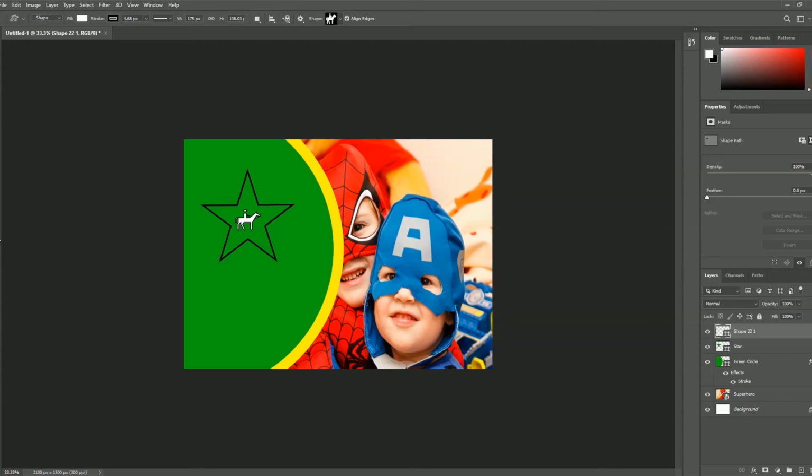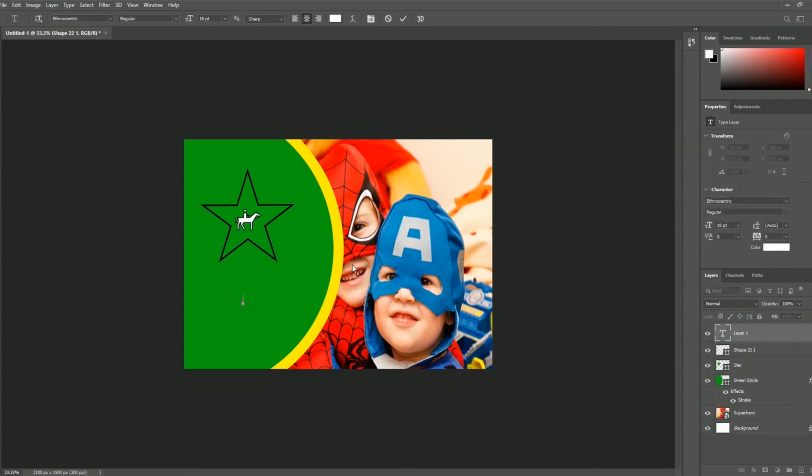So here is the type tool. Let me use this type tool, and with the Ethnocentric font I want to write Genius Kid. Okay, we have the Genius Kid text in here, and let me click on this tick mark. Okay, we have the Genius Kid in here, and right now we have to make a border in here, and therefore we have to use a